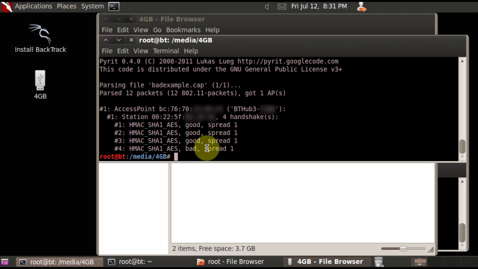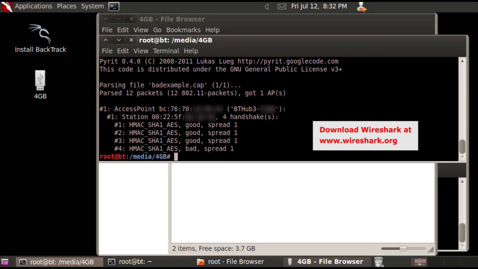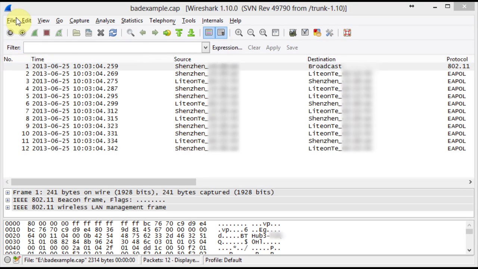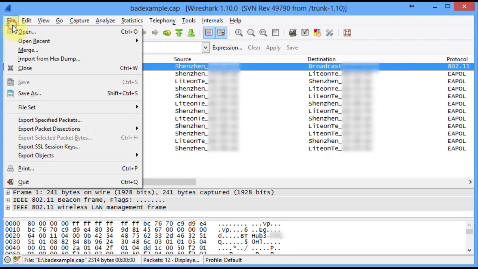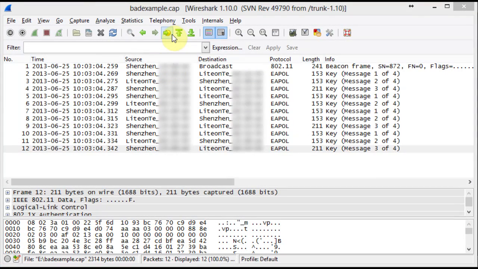So we can edit that using a program called Wireshark. This is a Windows program, so if you just go to Windows, copy the handshake over, and load up Wireshark, you can just search for it in Google, download and install it. Okay, so when Wireshark is loaded up, if you just file open the capture file that has the bad handshake in it. Okay, so now that we've got the capture file open,